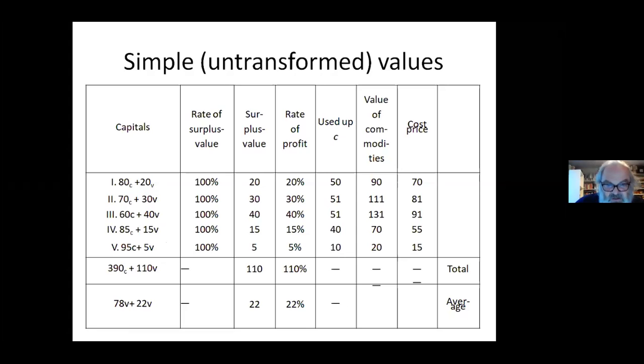So in other words, overall, here, this is where the mistake is. That should be C. Overall, the total surplus value is 110. This is money, by the way. It's not time, it's money. So that means that the average surplus value across the 5 sectors is 22, which means that the average rate